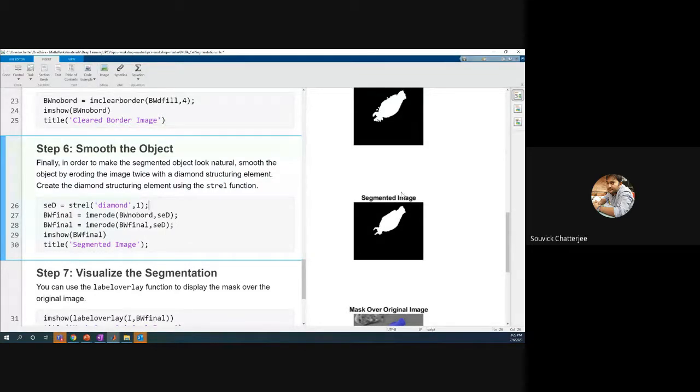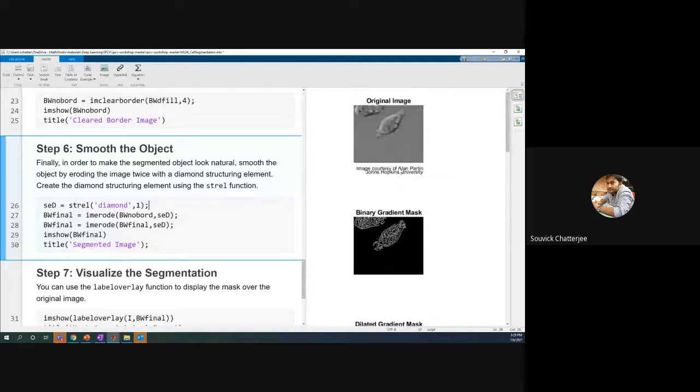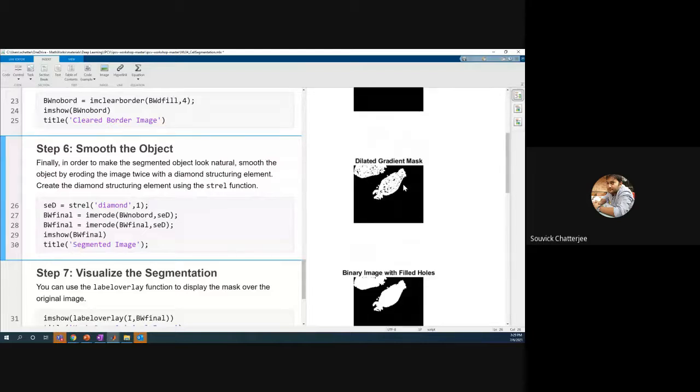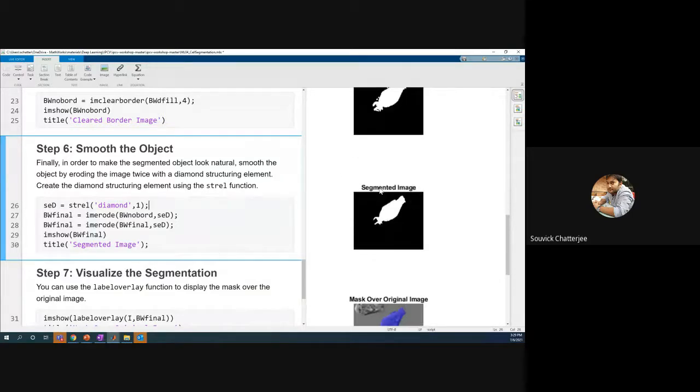So what we have done is we have done a bunch of different steps. We started with this and we wanted to segment the cell. First of all, we created binary, used the edge detection inbuilt algorithm, but that was not always working fine. And then we did a dilation operation. So the morphology thing came up. We cleared the borders here. We filled the holes. And then finally, we have a clearly segmented image.